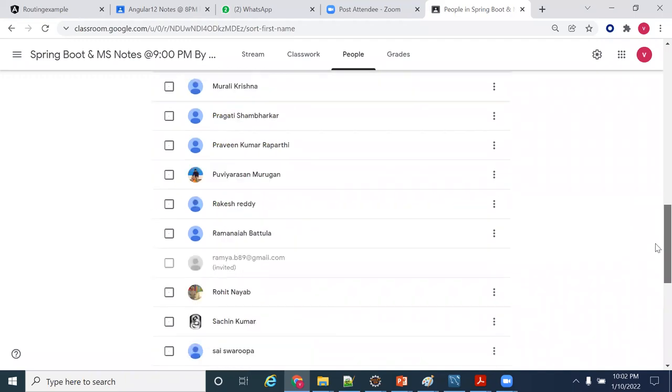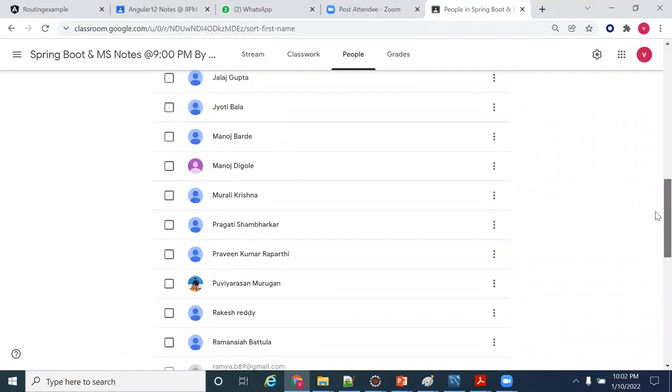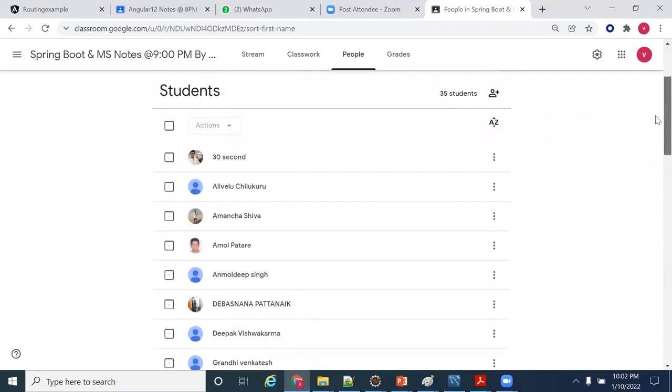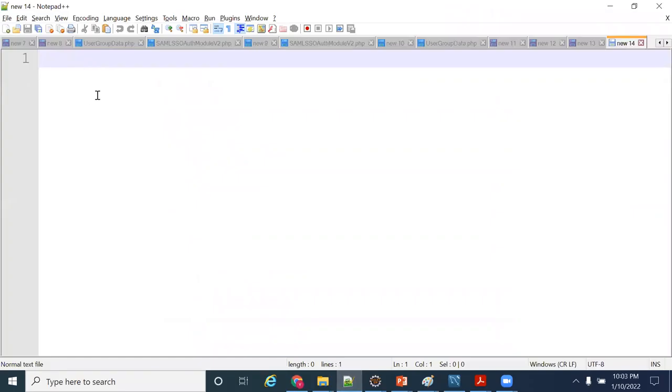Ramya B89, is that participant there? Okay. Right. Now, whoever is not getting access. Sir, I haven't received it. One second, one by one I'll come. Please don't mind. Can you raise hand, guys? Whoever does not have access, can you raise hand one by one? I'll take one by one, guys.